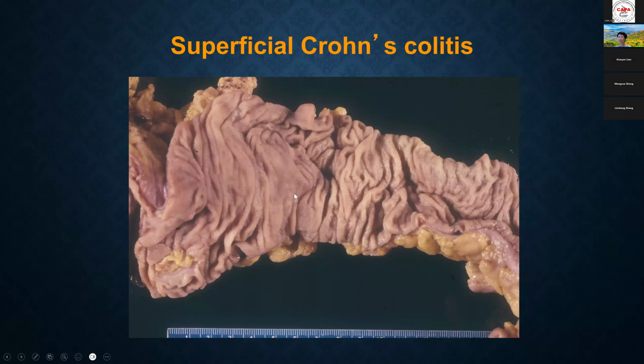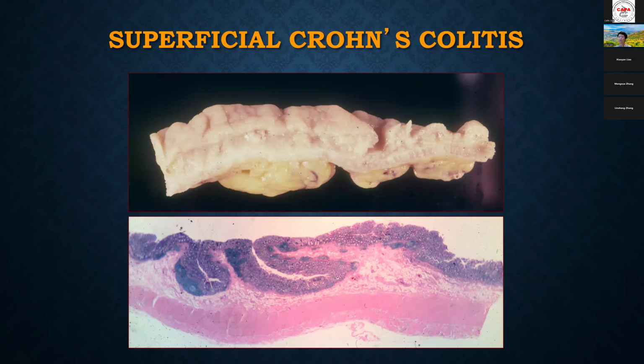So look at this specimen. We can't really see too much inflammation, or anything that looks like Crohn's disease, with strictures, creeping fat, or anything. Even on a cross section, we can see the inflammation is mostly in the mucosa. In some areas we do see some lymphoid aggregates, but it's not really inflamed. And muscularis propria and serosa look completely normal.